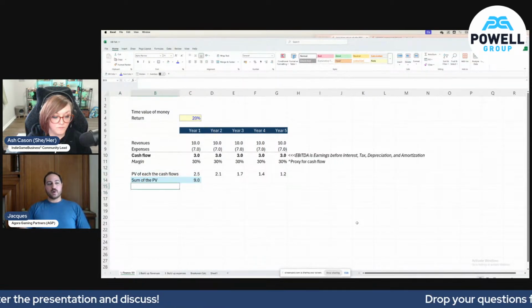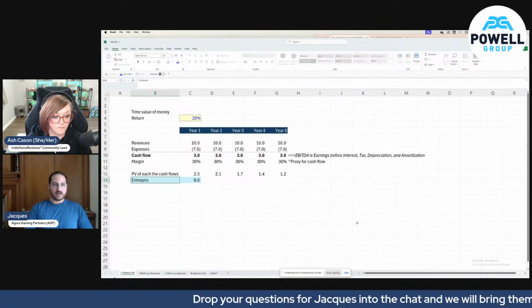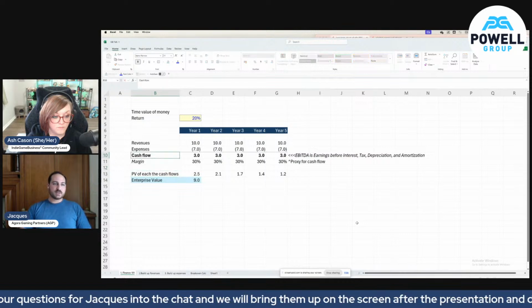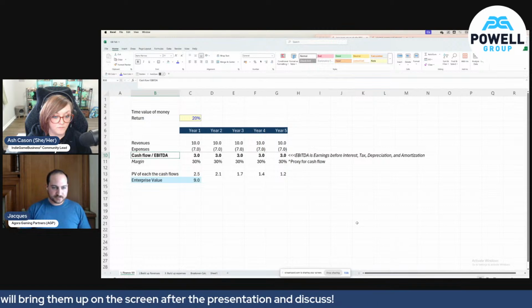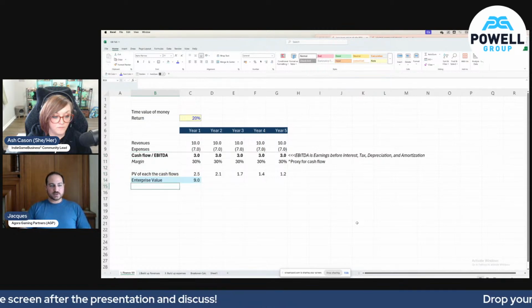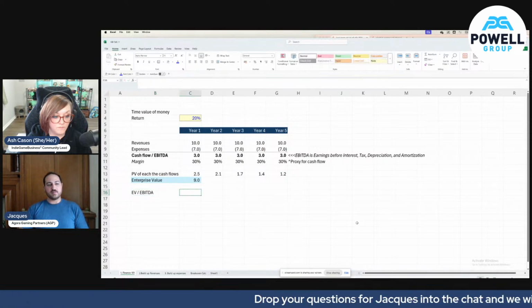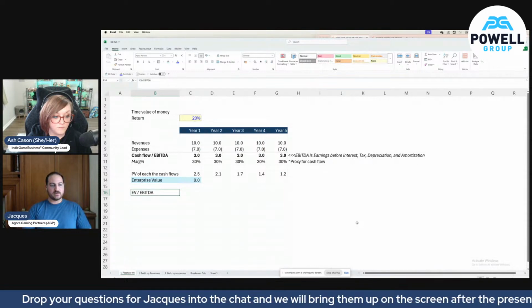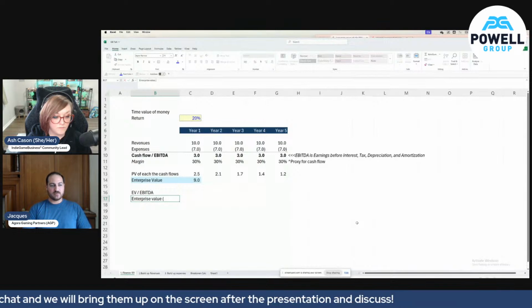This sum of the present value is also called enterprise value. And this cash flow is sometimes called EBITDA, as we talked about earlier. Now, why is this interesting? Because when people talk about multiples, they talk about EV to EBITDA. And that means enterprise value, the present value of the sum of our cash flows,